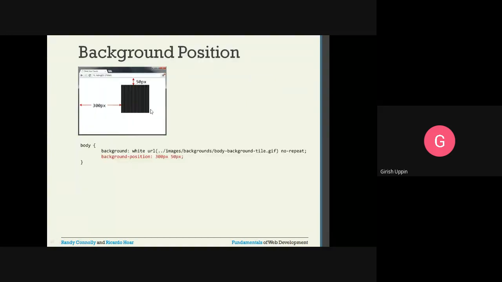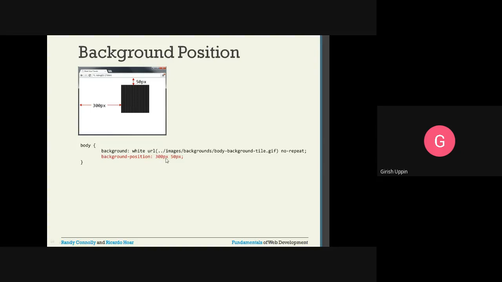Background position, the position of the image is always with respect to the top left corner. So whatever position you give, it is with respect to the top left corner. You can see this is the same image, background-position.